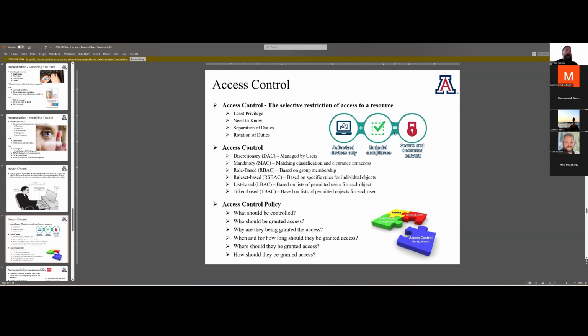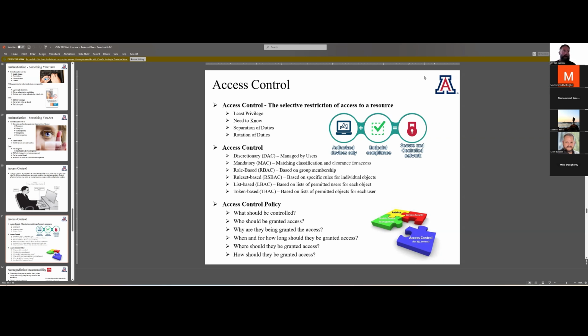We have role-based access control based on group membership, and RBAC or role-based access control is going to be the most implemented way of handling access control in industry. Okay. It's super easy. You basically make a bin that says, hey, developers, and these are all the permissions they need. So when someone joins the organization, you throw them into the developer bin. HR, IT, the execs, same thing. Super easy. Throw them in the bin.